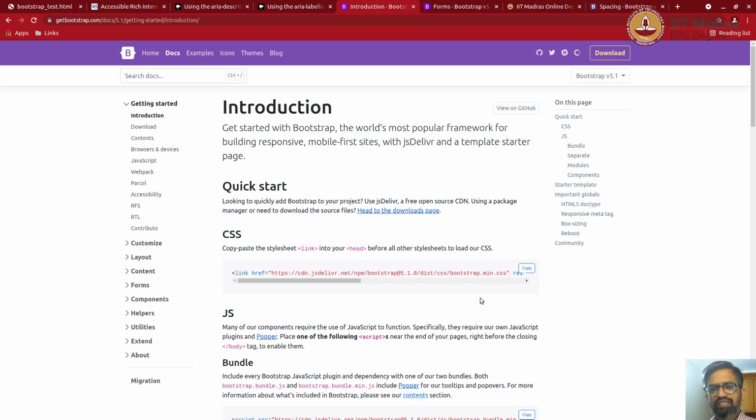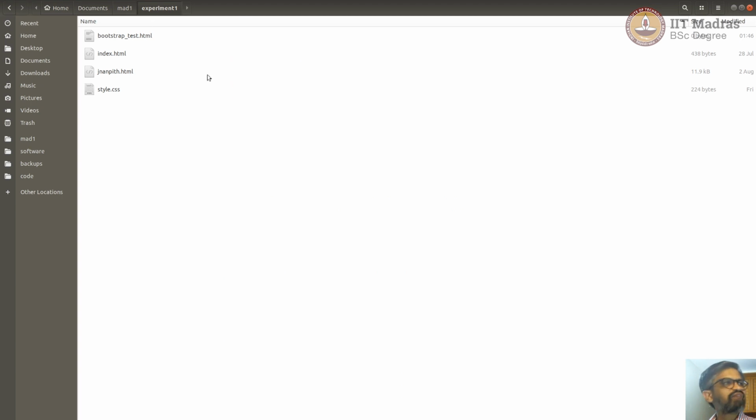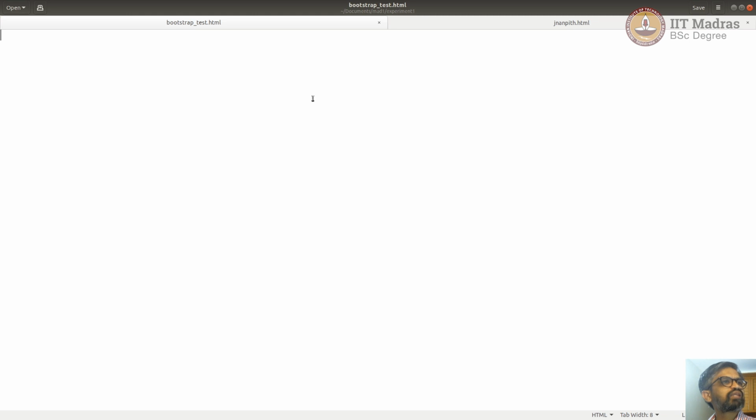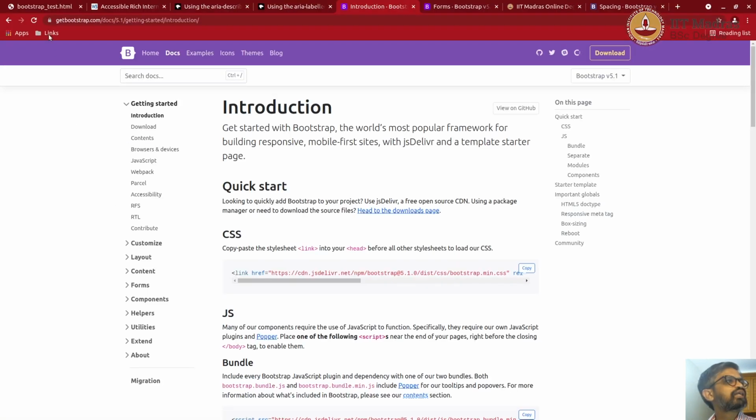To actually get started, I've already created a simple empty HTML file called bootstrap_test.html. I've opened the same thing in gedit. As you can see, it's empty, and I've opened the same thing in the browser, so we can refresh it as we change. Let's go back to getbootstrap.com and see how to import the